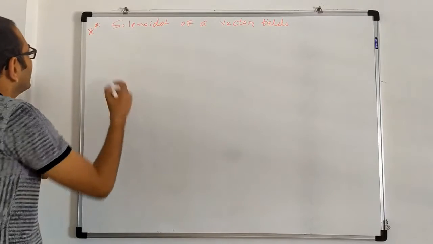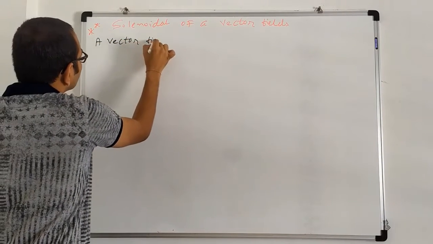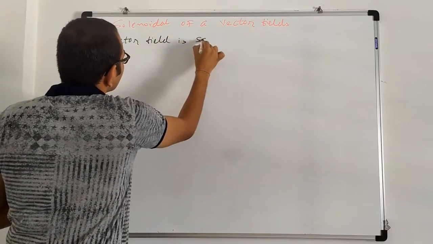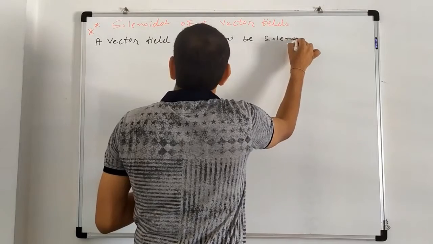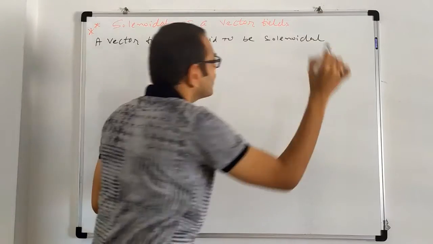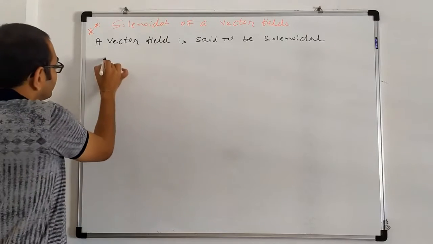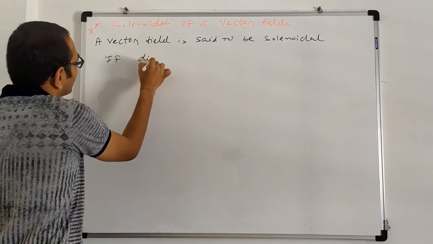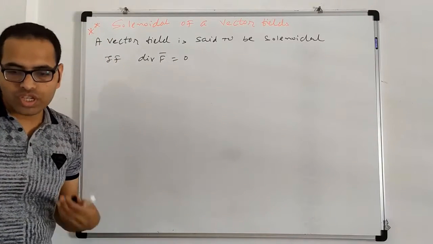A vector field is said to be solenoidal if divergence f bar equal to 0